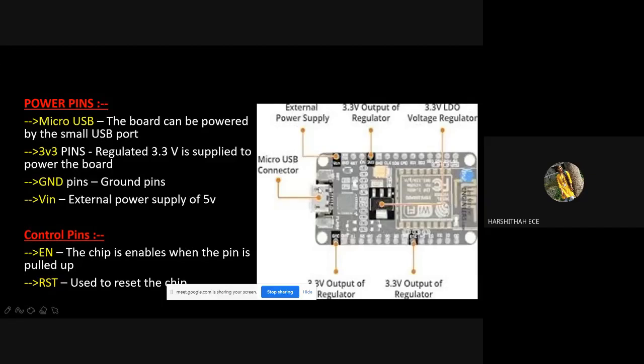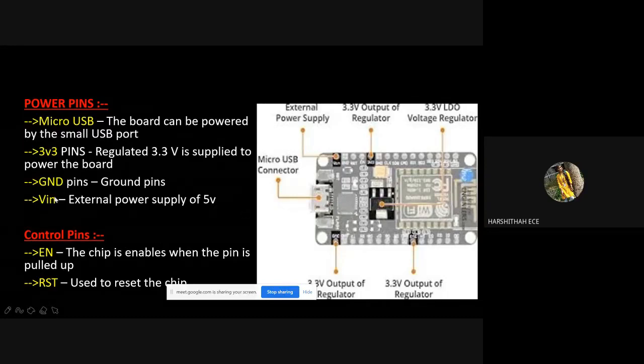Even with your mobile charger adapter you can connect and power your NodeMCU. But if I don't want to use that external cable and have to give power supply directly to the MCU through some external power supply or something,